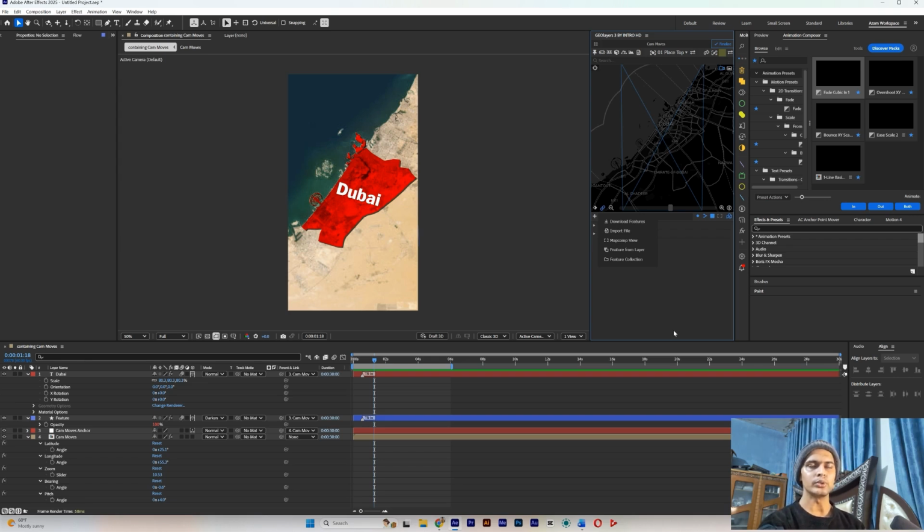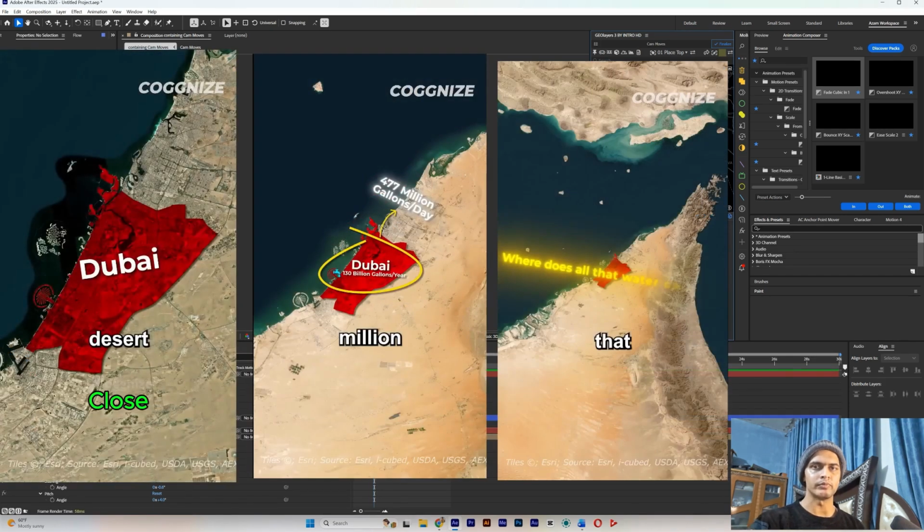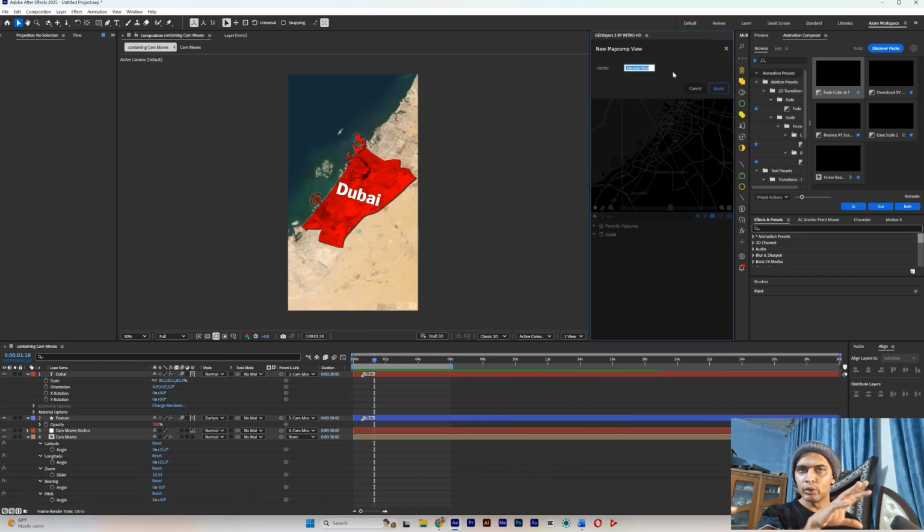And to do that, what the Cognize guy might have done is to use that MapComp View feature that you can see here. What he usually does is save 3 MapComp views: one very close shot of Dubai, a medium shot of Dubai, and then a very far away shot of Dubai. So let's quickly do that. Let's save this close range shot of Dubai. Let's rename it as close range,